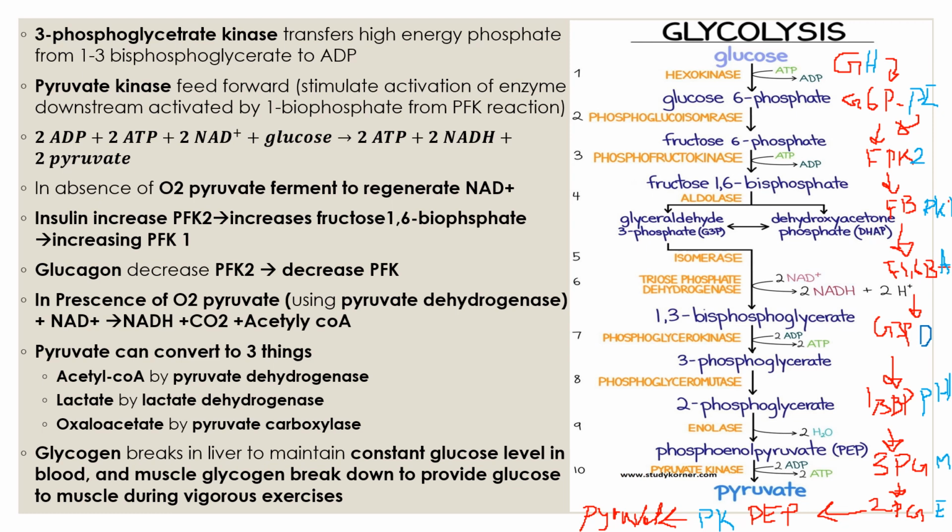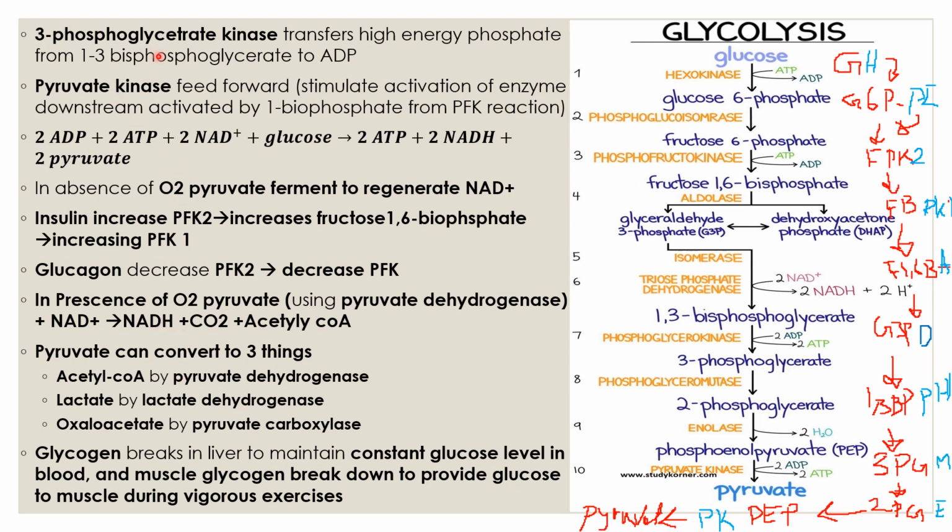Right, and then it uses phosphoglycerokinase. You see I'm using these short forms because it's going to be way harder for you to memorize the full names, so just memorize these. And then it goes into 3PG, and then mutase takes it to 2PG, and then 2PG uses enolase to go into PEP, and PEP uses pyruvate kinase to go into pyruvate. Alright, that was a lot of effort. Anyways,